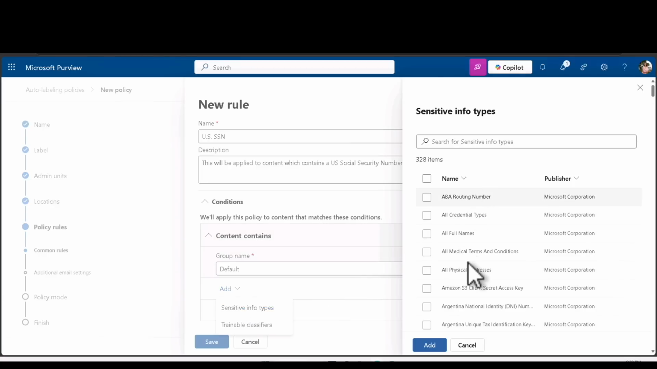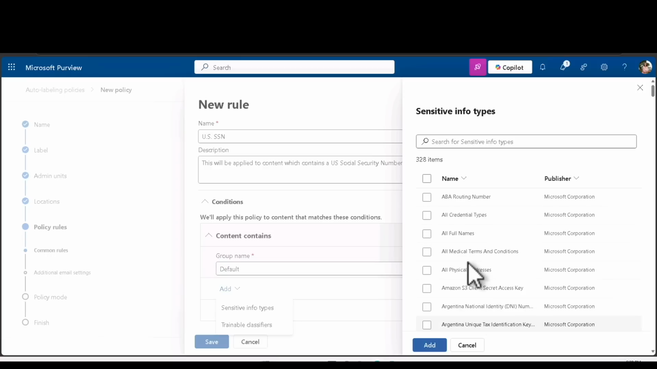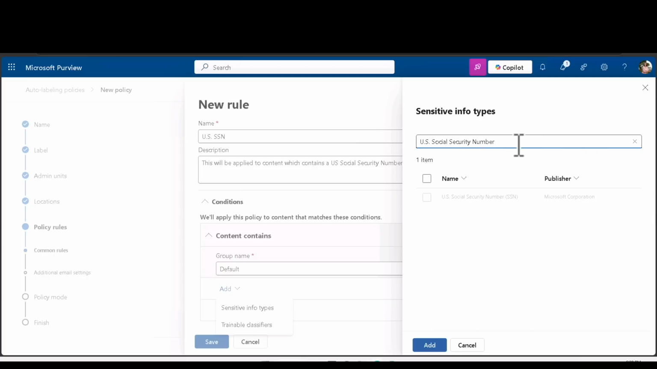Within that, we have a predefined list of sensitive information types, which is already defined by Microsoft. In the first few exercises, we learned how we can create a sensitive information type ourselves, but here we are going to leverage the one provided by Microsoft. You can actually pick one of these and create or modify it yourself as well. Here we are going to search for US Social Security number and hit enter. You can see that there is a sensitive information type available to detect US Social Security number. Click on add